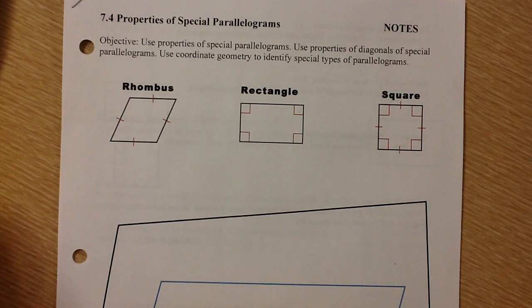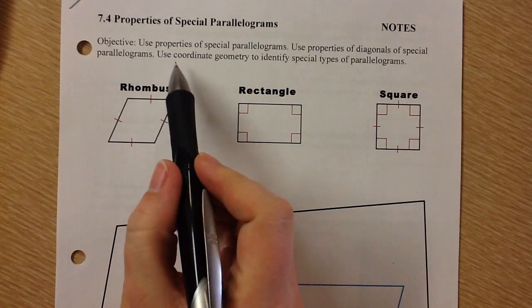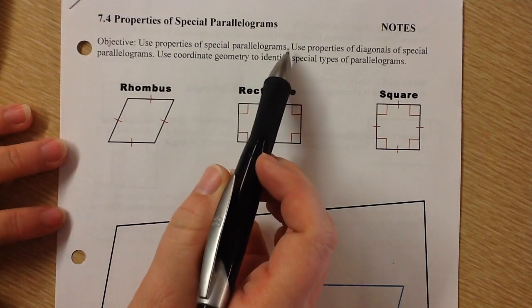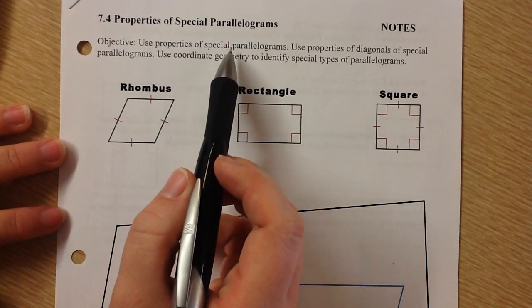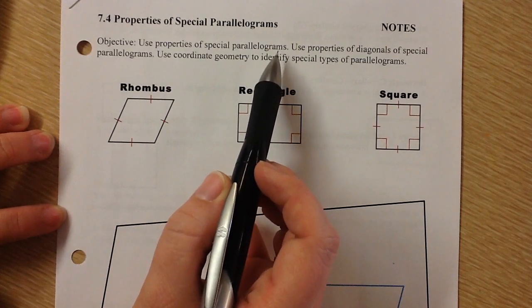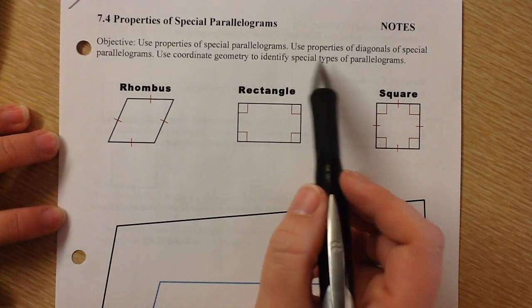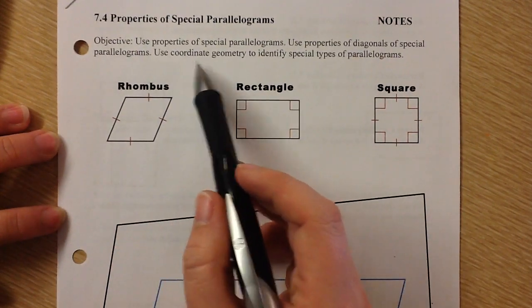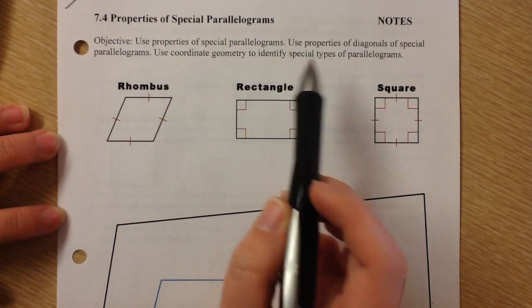Section 7.4, Properties of Special Parallelograms. Okay, so our objective for this lesson is to use properties of special parallelograms. Everything we're going to be talking about today is first and foremost a parallelogram. They're just a special type of parallelogram. We're going to use these properties of diagonals of special parallelograms and then use coordinate geometry to identify special types